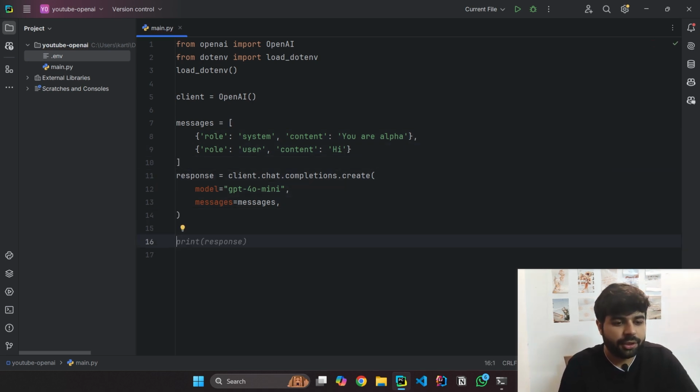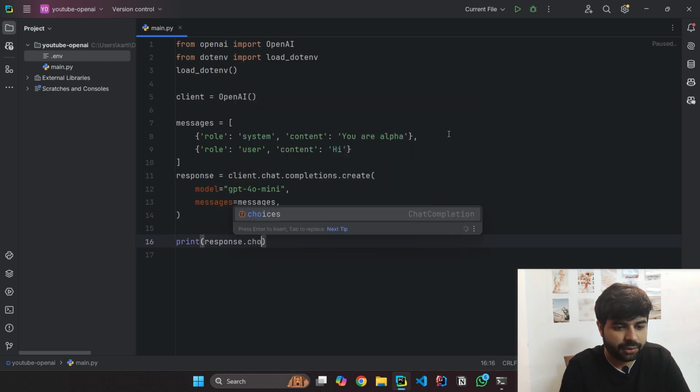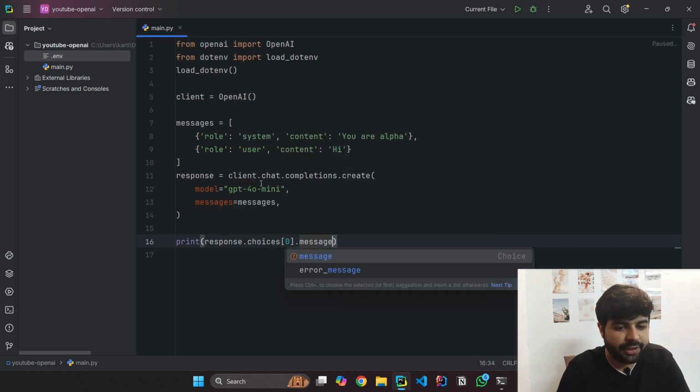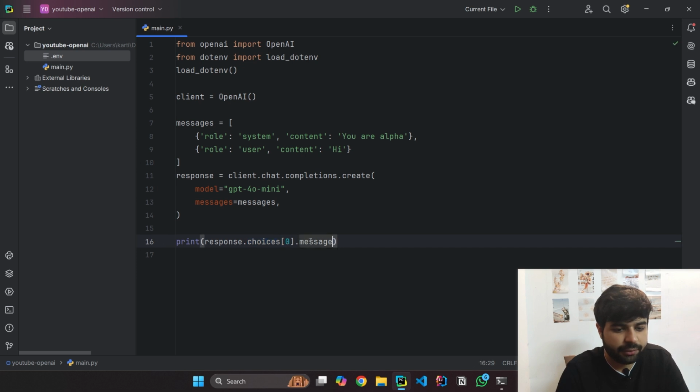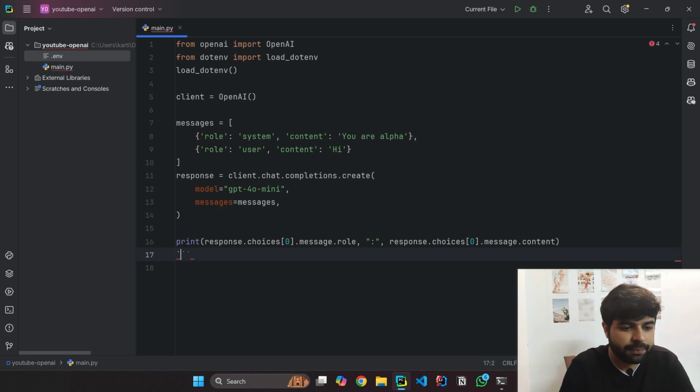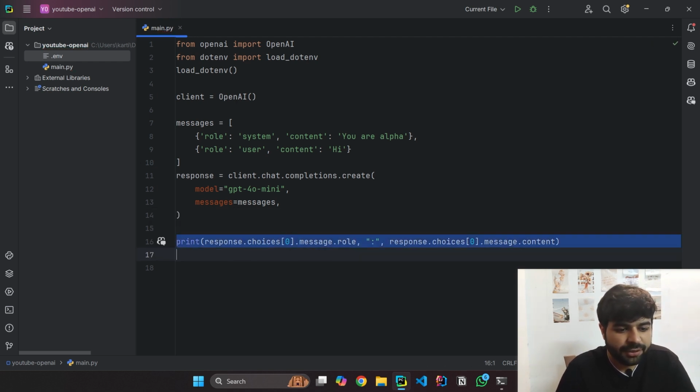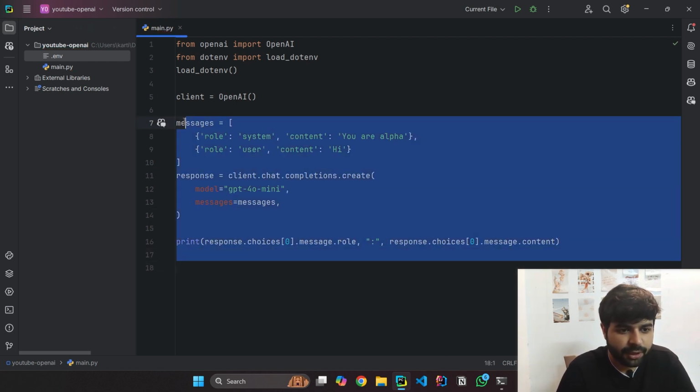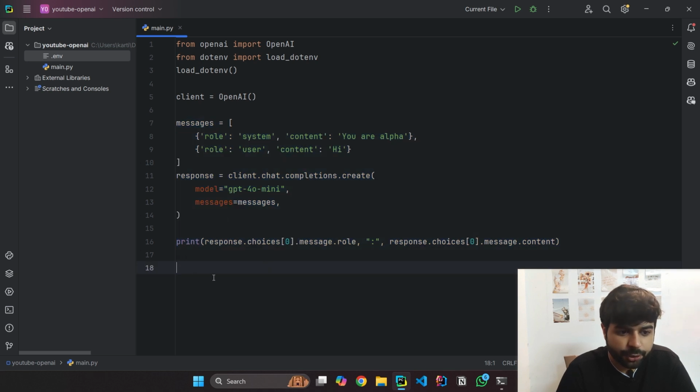Now let's print the response from this. We'll take the first choice and print its role, and then print its content. Once we get the first message from the LLM, we'll store this message